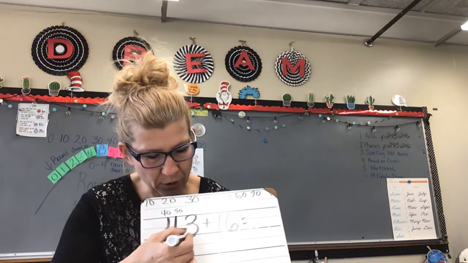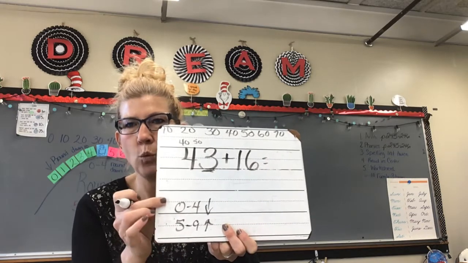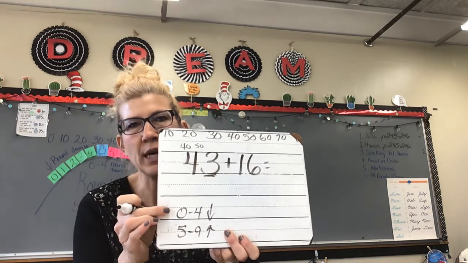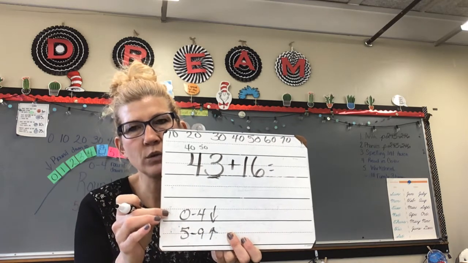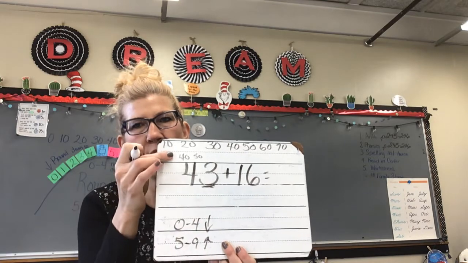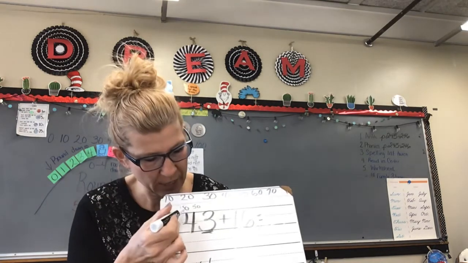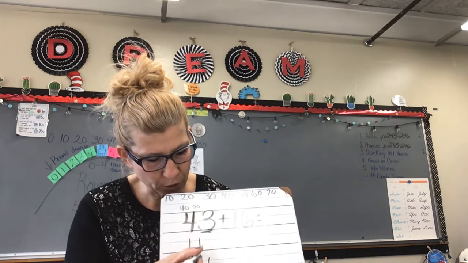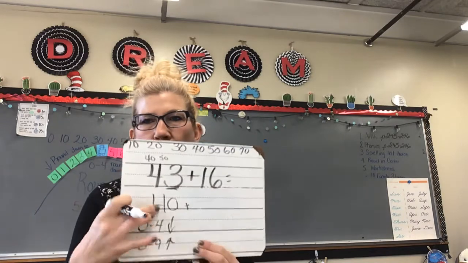Now, I underline the number in the ones place and I decide, where can you find 3? Is it here or is it here? 5 to 9. And we know 0, 1, 2, 3. So we have to round down. Which one of these tens place numbers is the smaller number? It is 40. So we're going to write 40 under our problem, and we're going to add our plus sign,